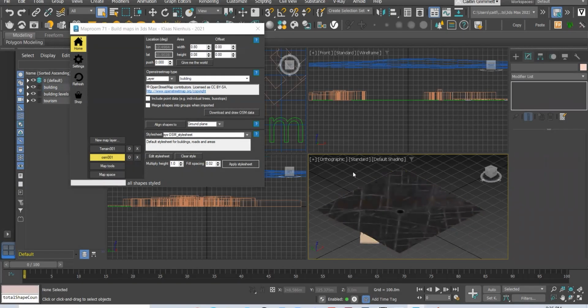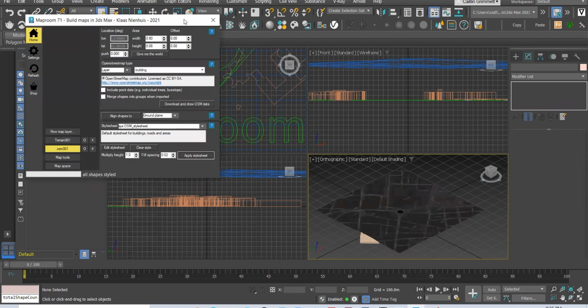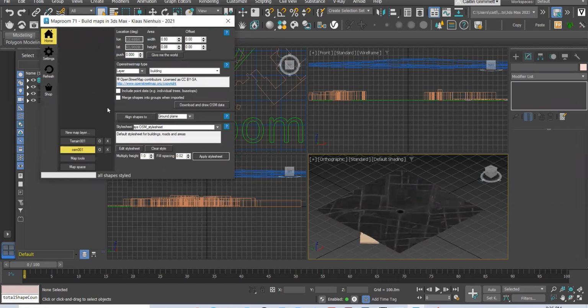Alright, so how we align buildings to a certain terrain. There are two different ways that I'll demonstrate how to do it. The first one will be through Maproom again. So we're just going to change this ground plane option here to terrain, and then we're going to click align